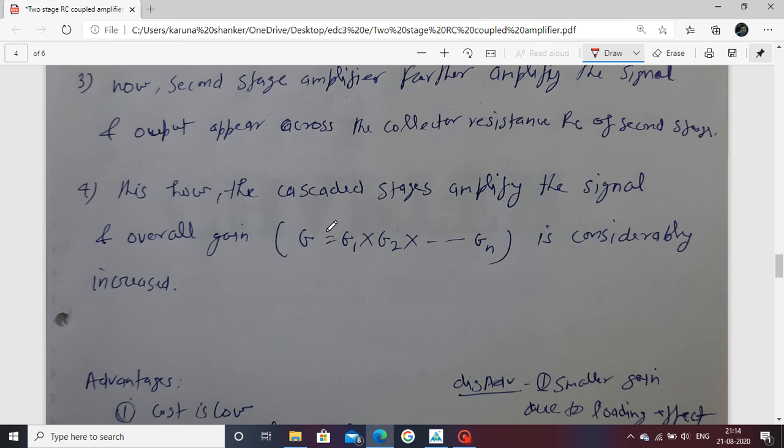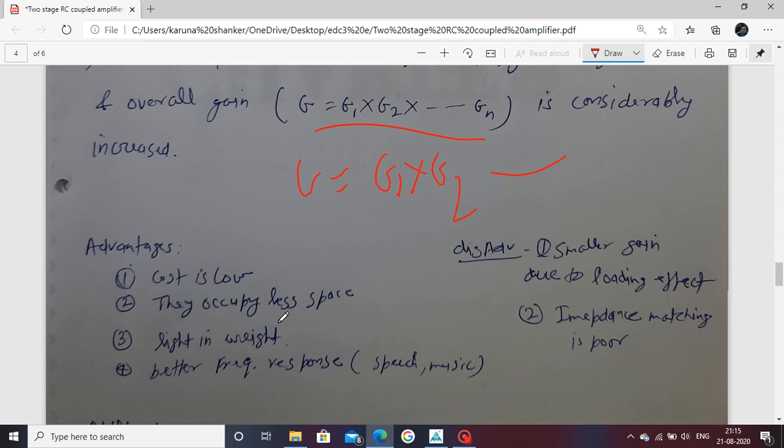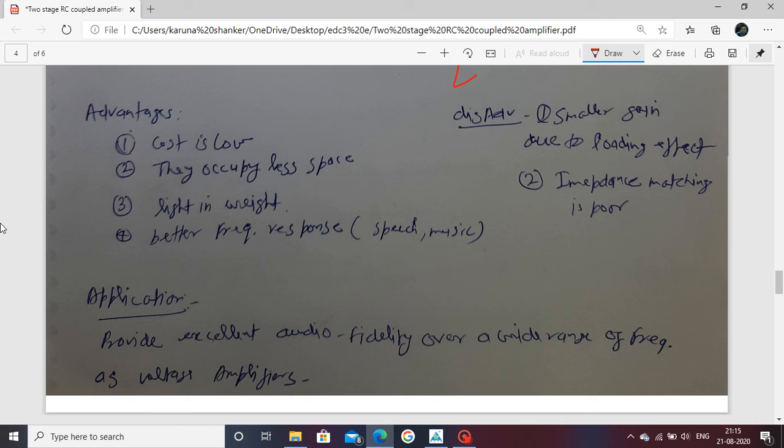Now the overall gain is calculated from this relation. Suppose in the above circuit only two transistors are used, then the overall gain is G equal to G1 multiplied by G2. This shows that cascade stages amplify the signal and the overall gain is considerably increased. Advantage of the RC amplifier: the cost is very low,